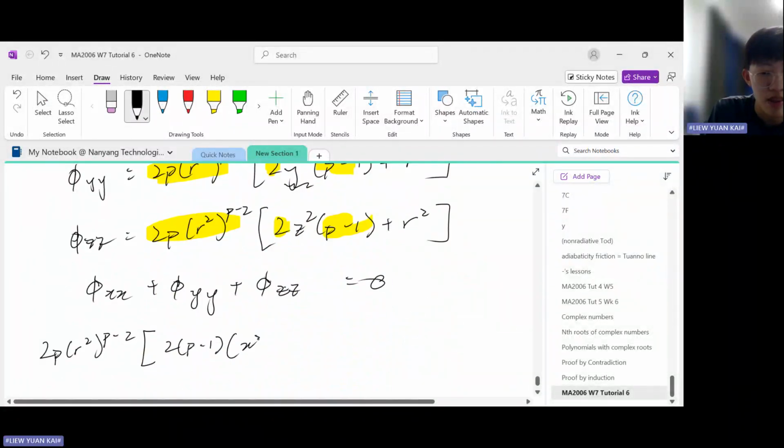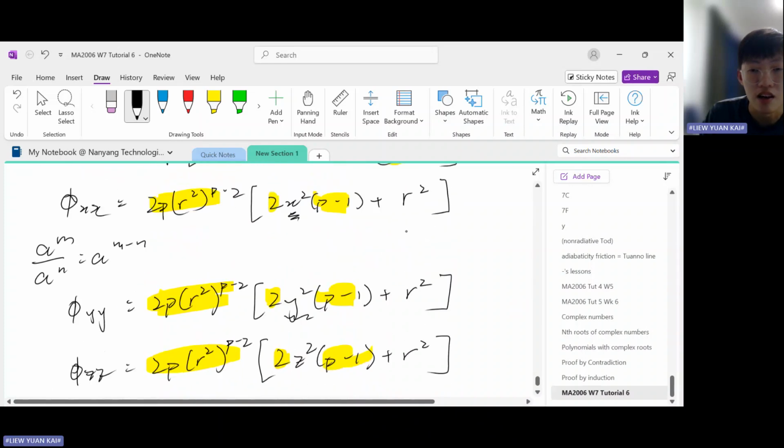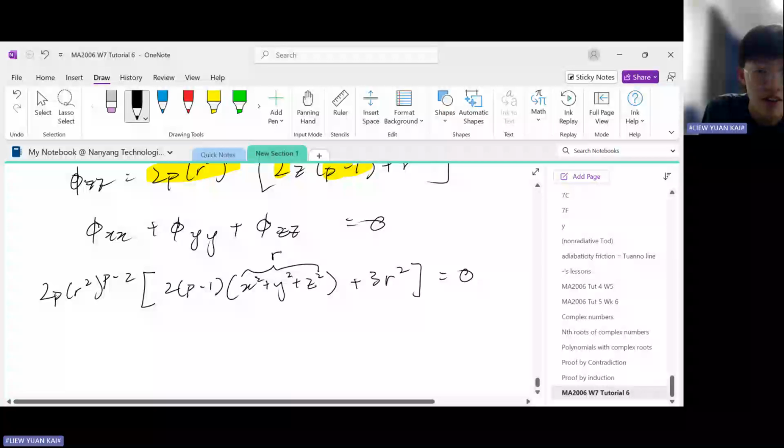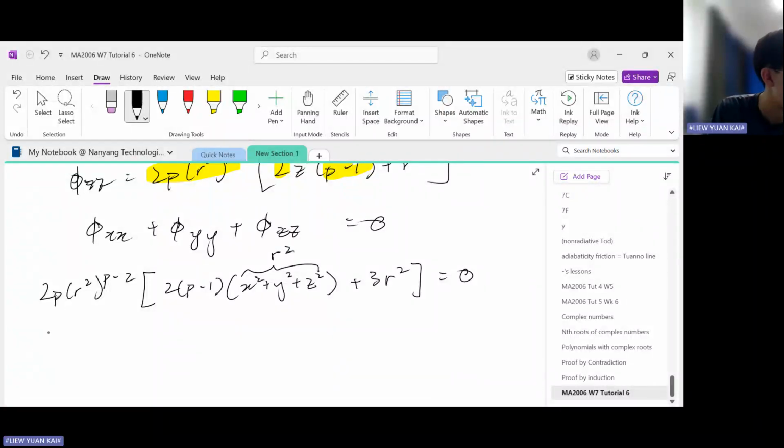So x squared plus y squared plus z squared. Then over here, r squared plus r squared plus r squared is 3r squared. So plus 3r squared equals 0. Notice that x squared plus y squared plus z squared is r squared, so we can replace this with r squared. And then notice that inside this